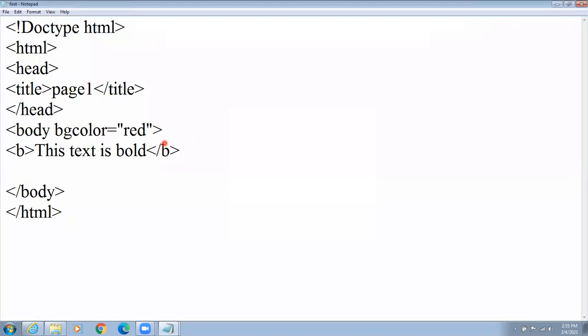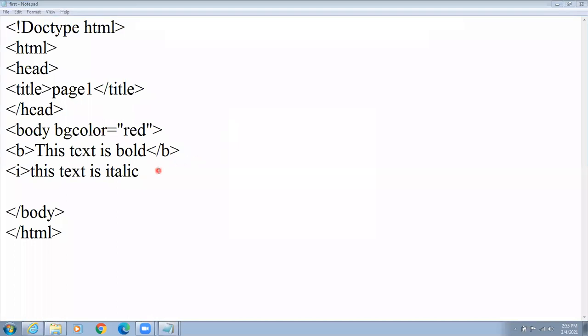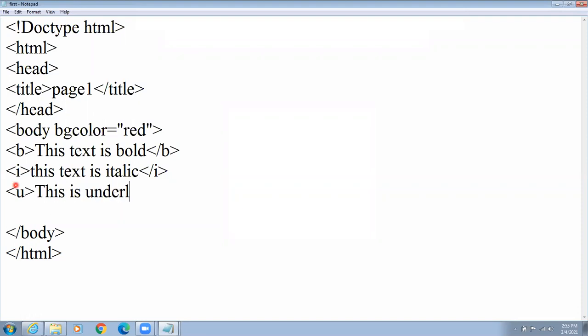Next, the I tag: this text is italic. Then close the I tag. Next, the U tag: this is underline. Close the U tag.